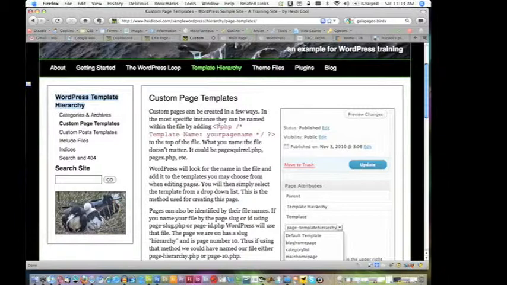Save it to a new name, and you could name it something like page squirrel. If you use page hyphen squirrel, how do I explain this right? If I'm in the dashboard and I create a page called